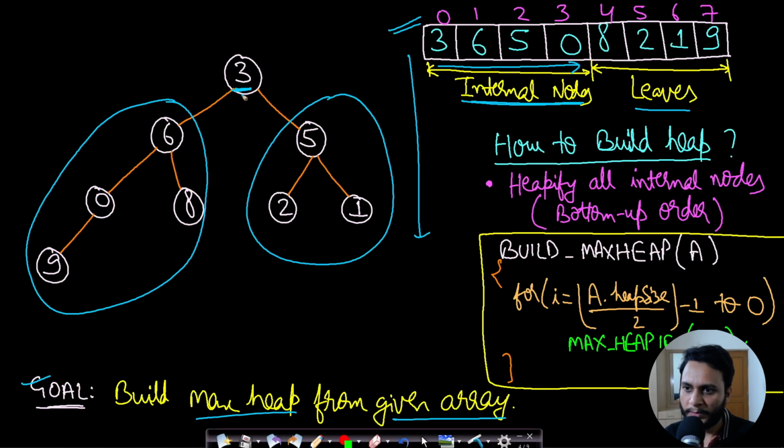But according to this given problem, when you are considering this root node, then there might be some internal nodes in the left subtree as well as in the right subtree, so they might not be in order already. So that is why we already know that only the leaves will be following the heap property and not the internal nodes. So we need to first bring the internal nodes to follow the heap property, and then we can heapify this element, right?